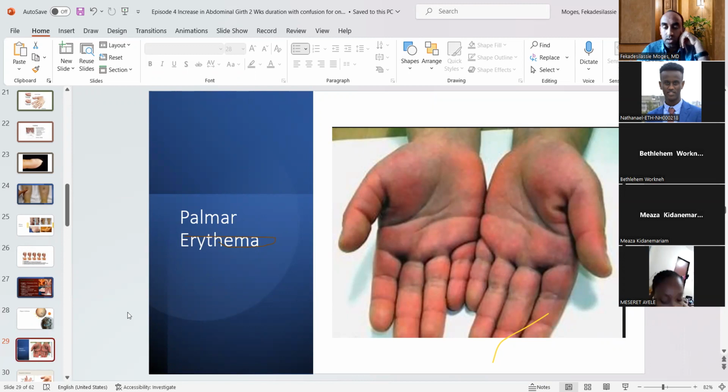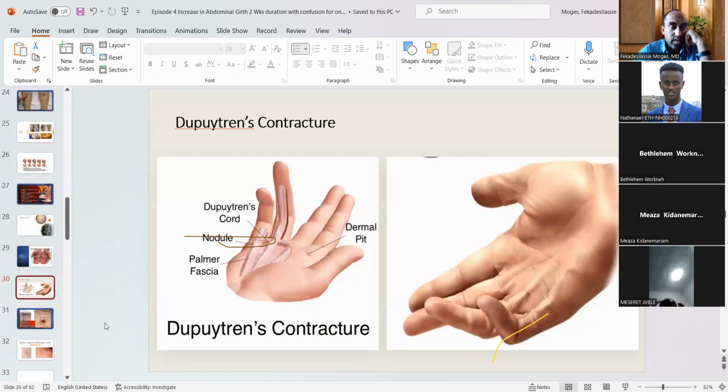liver disease. Our patient has all of them, unfortunately. Our patient didn't have Dupuytren's contracture, but for the sake of our discussion I have brought it. You can see there is a Dupuytren's cord as well as nodule formation. You can see the cord, so there will be flexion deformity, and that happens because of fibroblast proliferation. They lay down a lot of collagen and that results in Dupuytren's contracture like this. Differential diagnoses